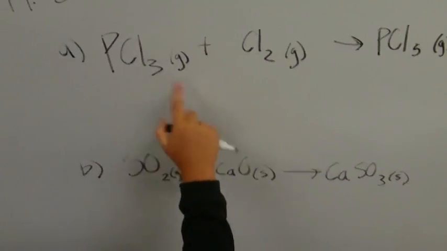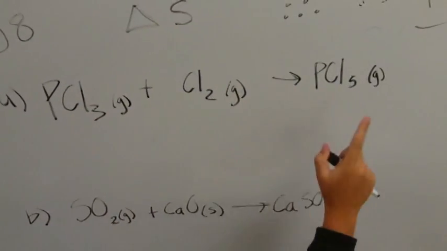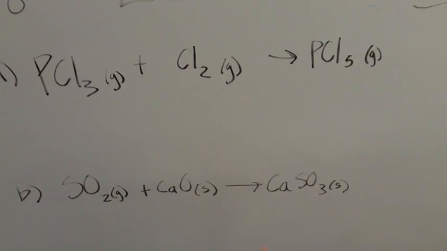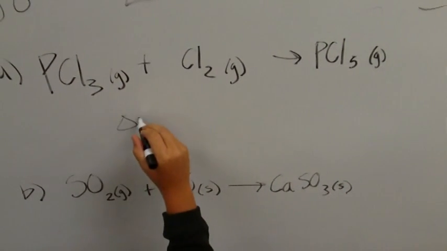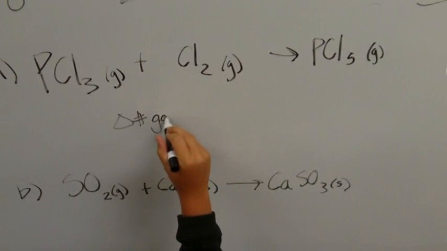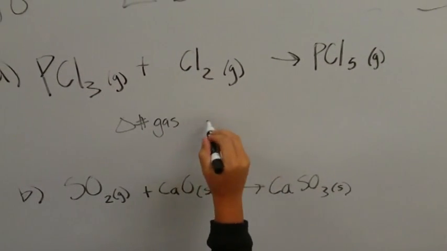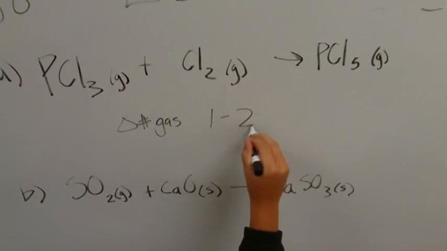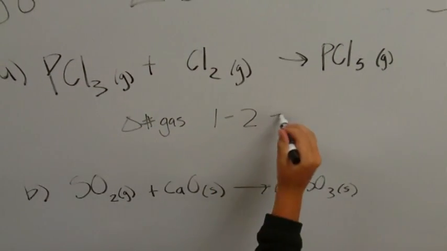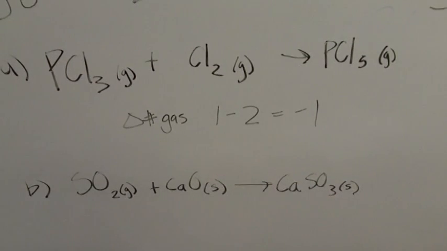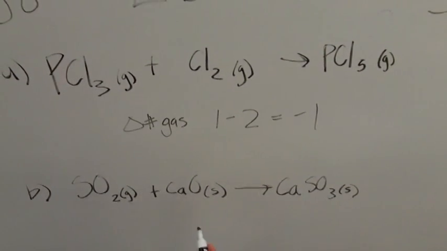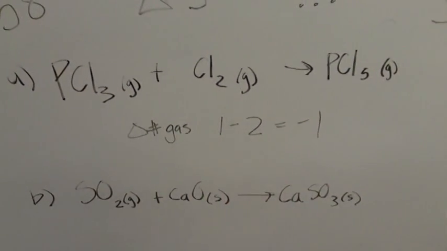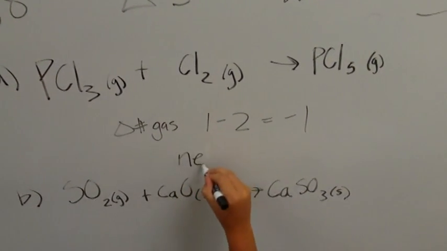Anyways, from here we see 1 mole of gas, 1 mole of gas, 1 mole of gas. The change in number of moles of gas is what we want. So for our products, we have 1, and then we've got 2 moles right there, 1, 2. So that's going to give us a negative number. And so that's negative, so delta S is also going to be negative. So the answer is